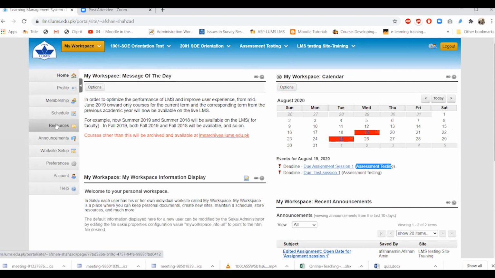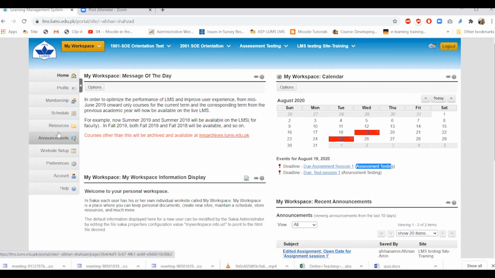Now, this is the resource portion. What students often mistake is confusing the course resources with their own workspace resources. If your My Workspace is highlighted, that means you are accessing the resources of your workspace, not course site resources.